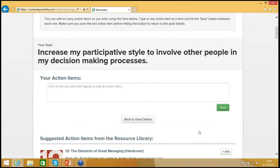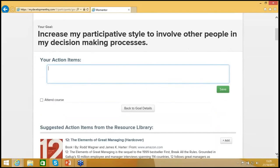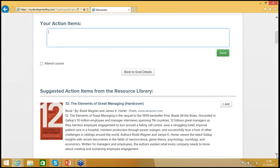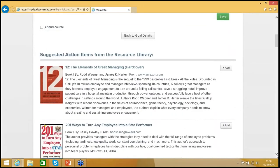The next step is to add action items, and this can be anything you like. So I can put in here that I'm going to be attending a particular course. I might need to set up a mentoring session, whatever it might be. The system also has a really large resource library which are mapped to the particular tool that we're using. So these resources here are all mapped to determination as the area, and this here displays the top 25 resources for this particular area. So these are a mixture of books, blogs, podcasts, videos,